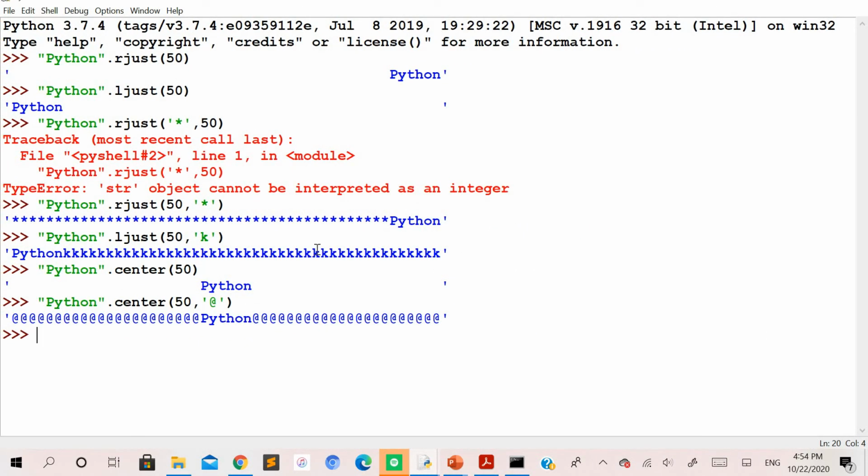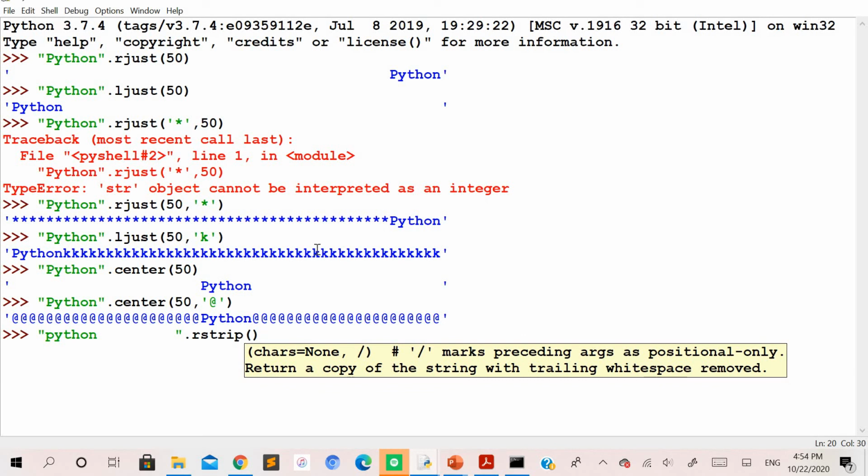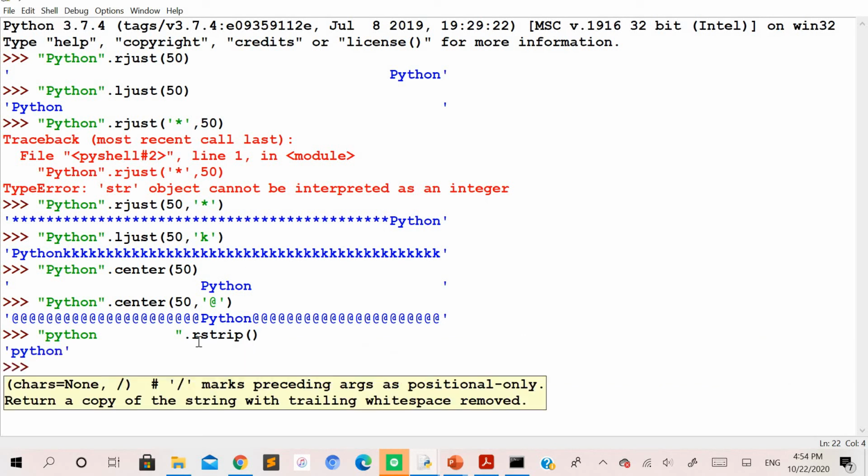So we'll see here. I'll take a string Python where I have spaces at the right side, and I'll use the function rstrip on this string here. So you can see here what it has done. Both rstrip, lstrip and strip, these three methods, may or may not take a parameter. If you do not pass any parameter, as I did here, by default it will consider the space as the parameter to remove from the string. On this string you have to remove only the right spaces here.